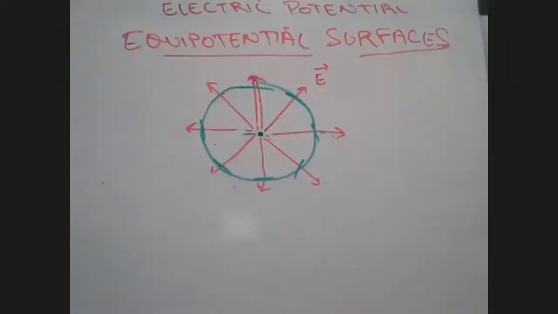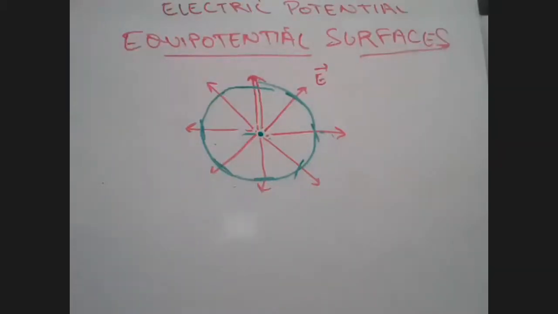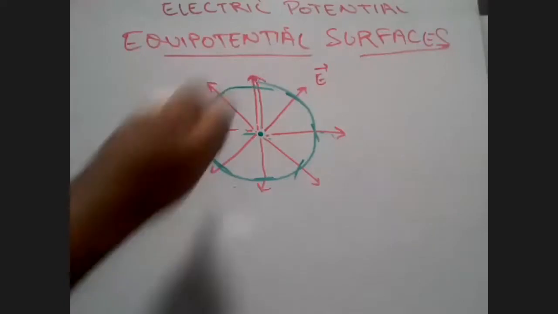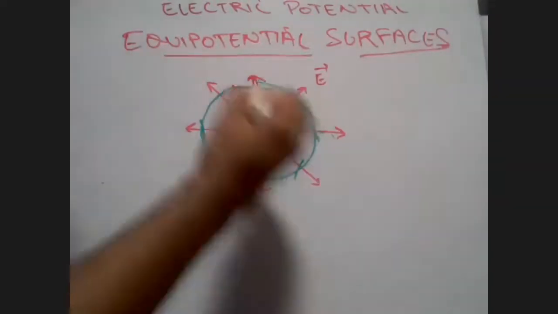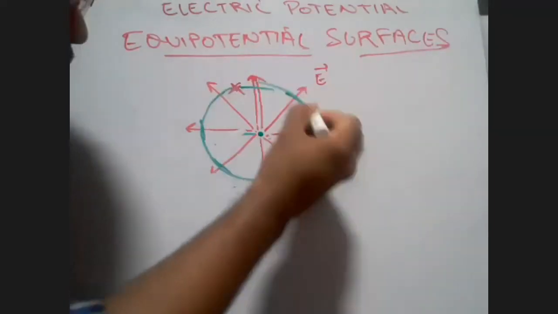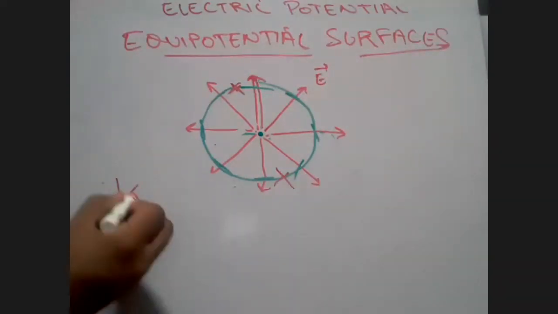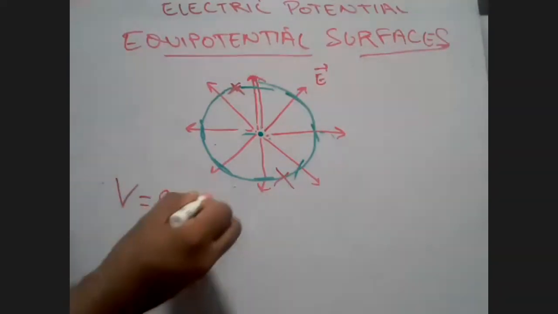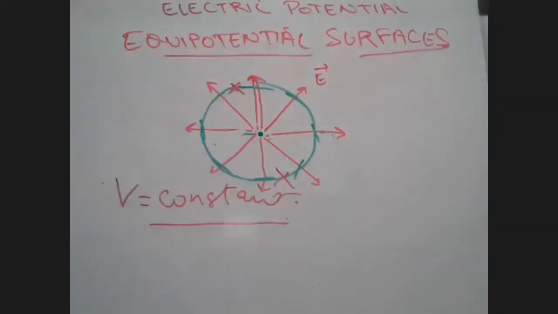So now you understood, this is basically the equipotential surface of a point charge. Is it clear? That means if I take a point on this sphere, and I place a charge over here and move it by a certain distance, what is going to be my potential? It will still be constant. Is this clear?